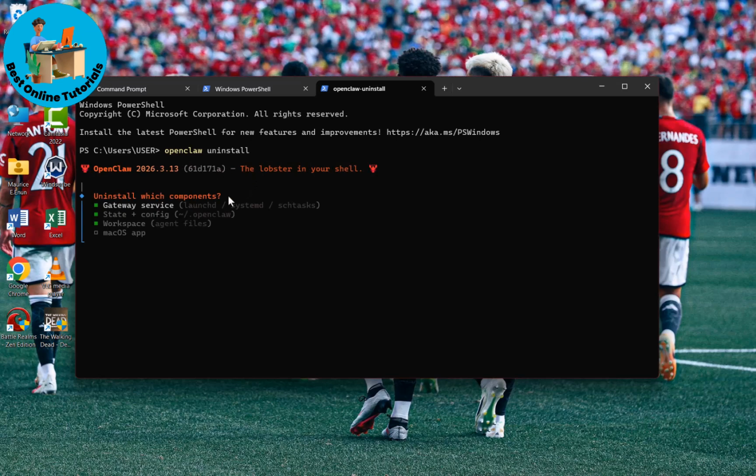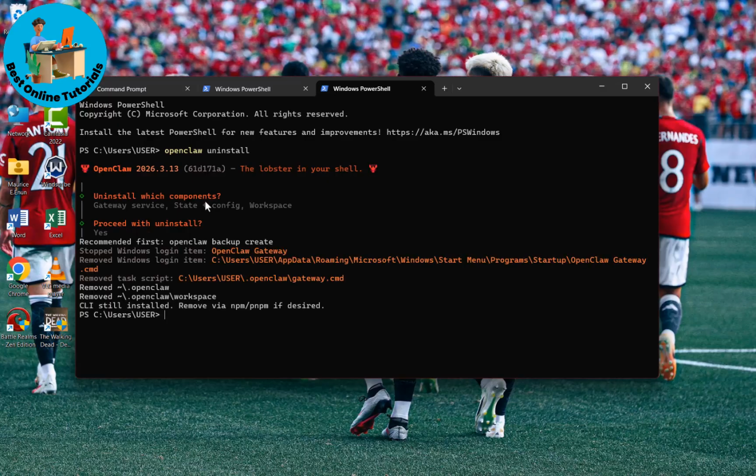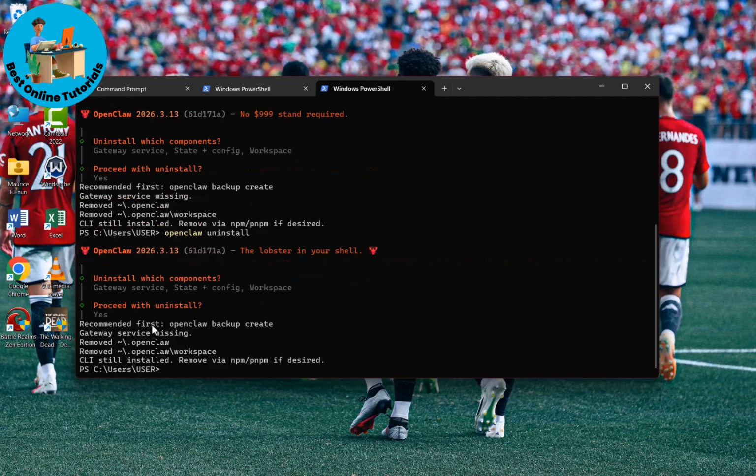So it's going to uninstall the gateway service, the state, the workspace, and if you're using the Mac OS app. So which components? Let's go with gateway service and click on yes. Now that has been done. It has removed the gateway service. Now, but the command line is still installed, so you can remove it via the